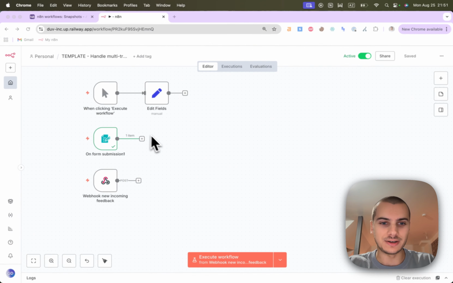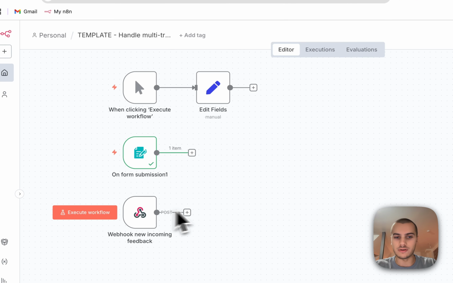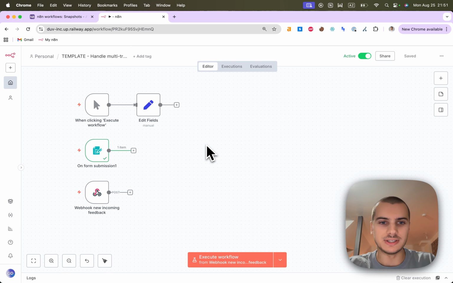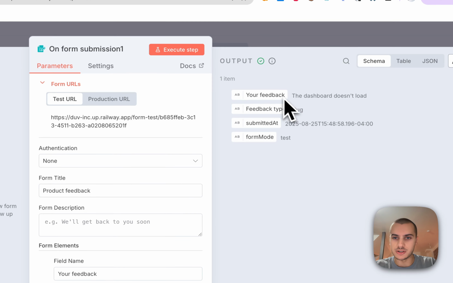When building an n8n workflow, it happens that you have multiple triggers for a single workflow. It can be a form submission, a webhook, or a sub-workflow trigger. And it's usually difficult to deal with that because what happens if here we have a form submission where we